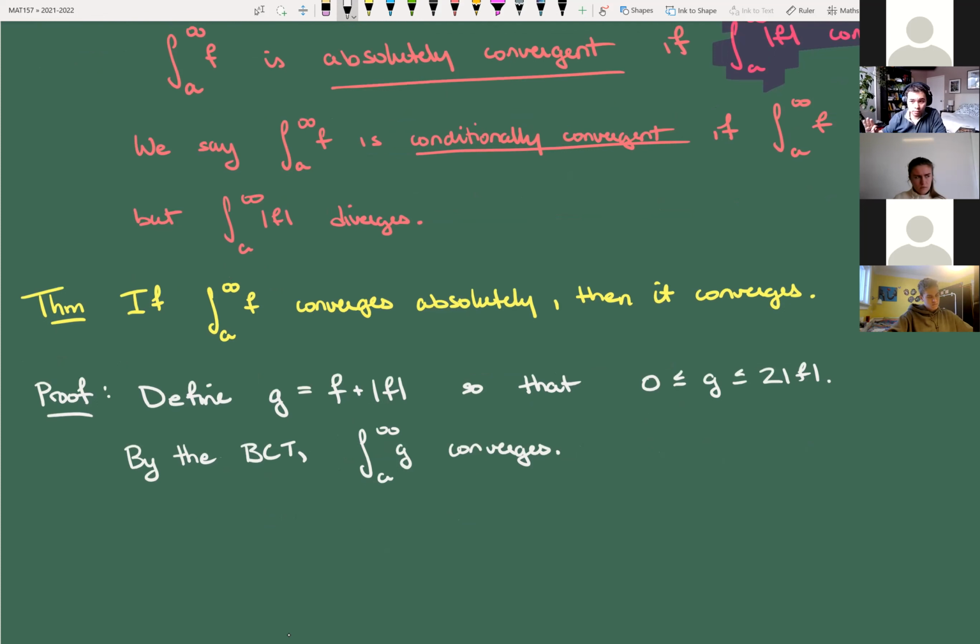Okay, now that's not what I wanted to prove though. I wanted to prove that F converges, right? Not G, F, but that's fine. Because I can write F as G minus the absolute value of F, right? And so